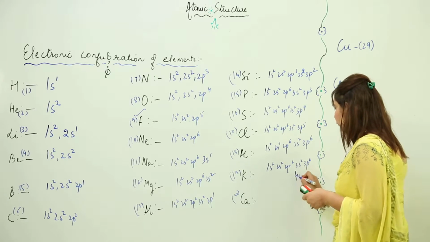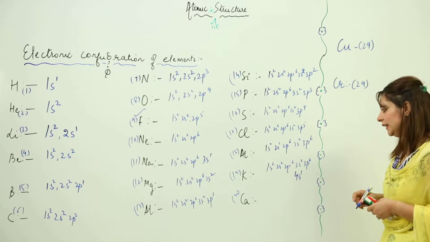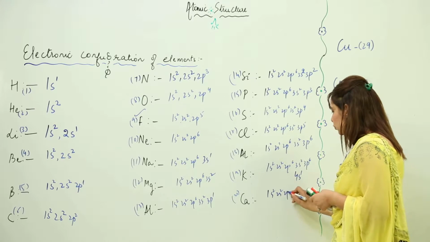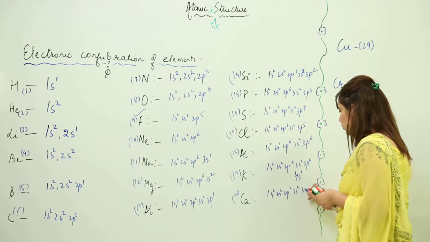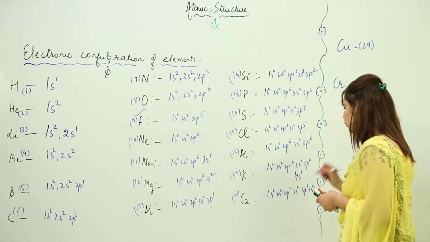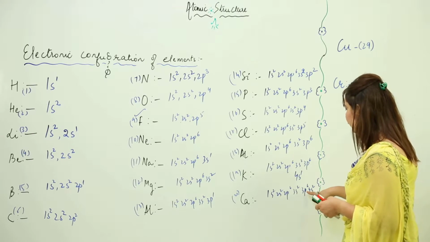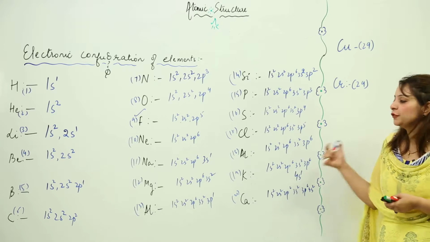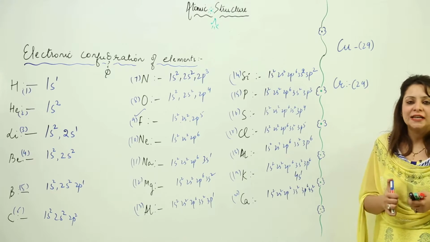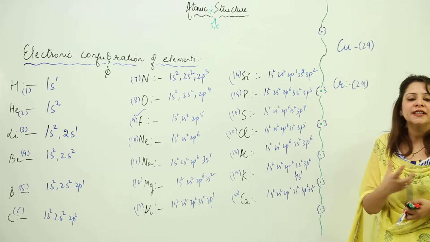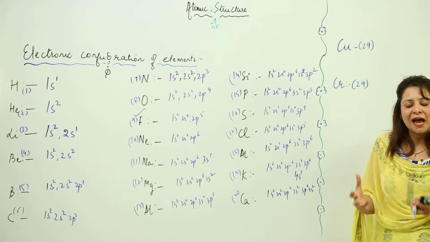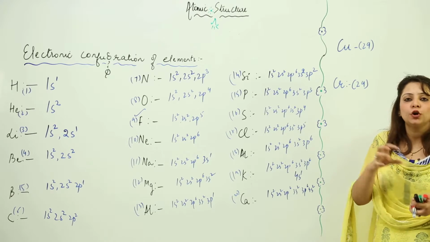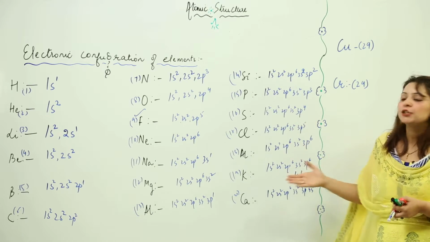1s2, 2s2, 2p6, 3s2, 3p6, because I cannot fill more electrons in 3p now. So I have to start with 4s now. So it comes out to be 19. Now for calcium: 1s2, 2s2, 2p6, 3s2, 3p6 and 4s2, which means 20. So this is how you need to write the electronic configuration for different elements by using those rules as I told you. This is actually the ground state electronic configuration that an atom has. That means it shows in which orbit or orbital the electron is initially present.